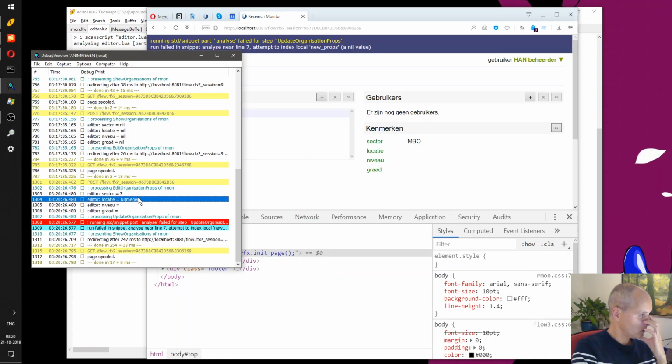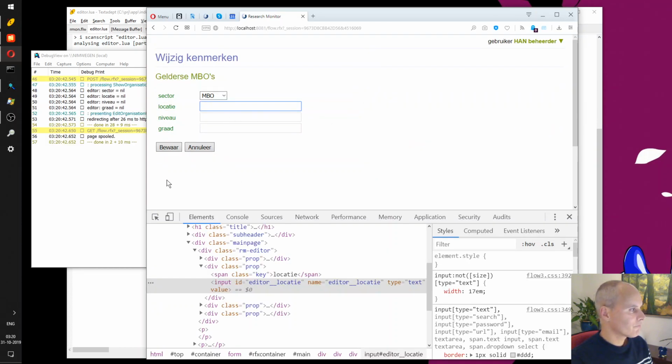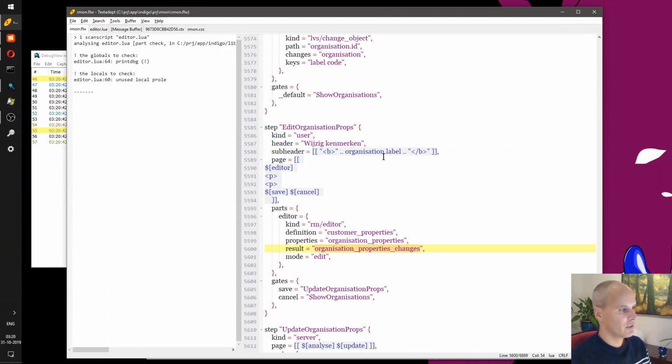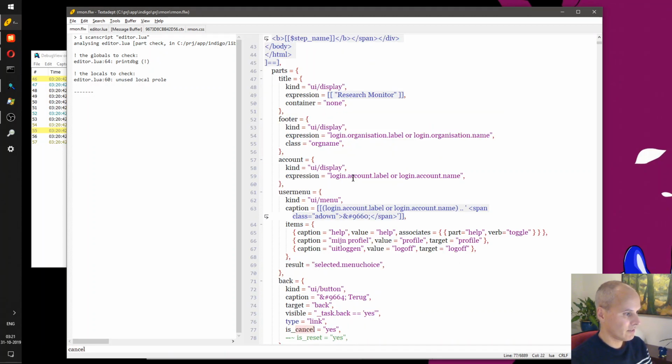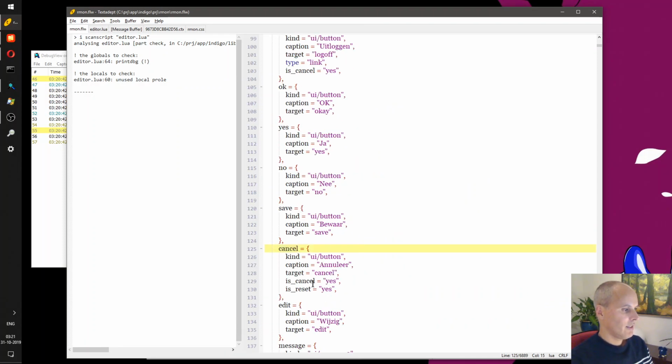Of course. Silly me. So nothing is wrong. This cancel button actually has special behavior. Let's see if we can check this. This cancel button here is defined here. Yes, here it is, and it's specified as a